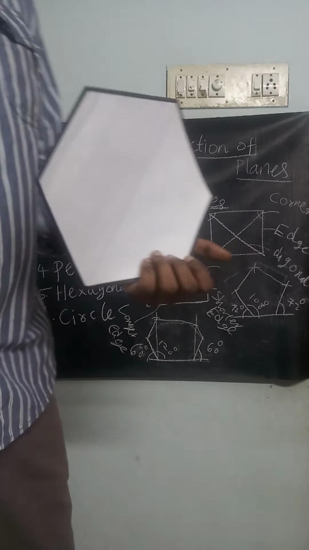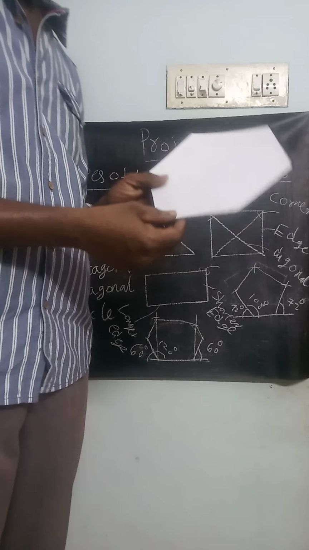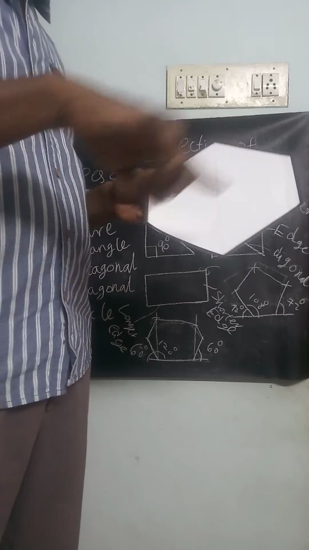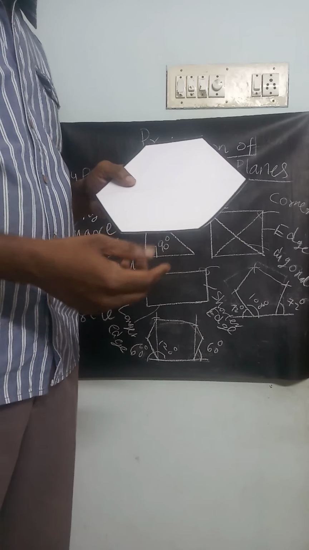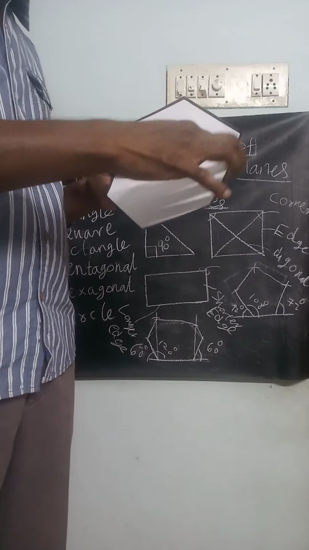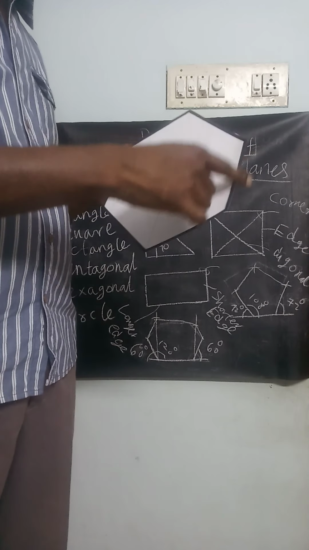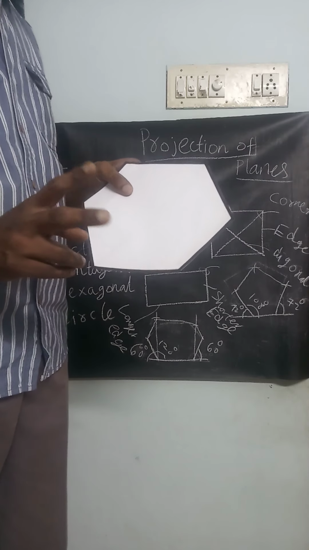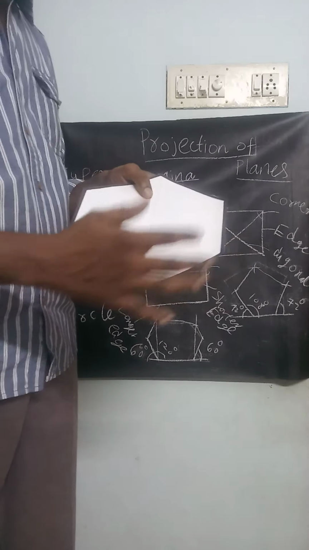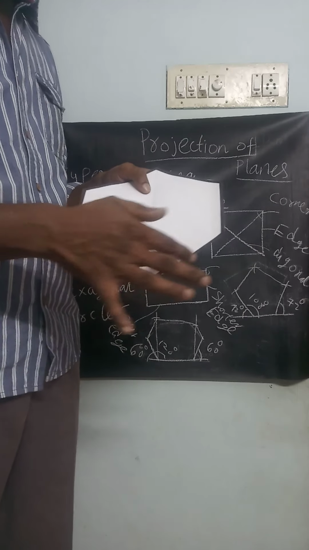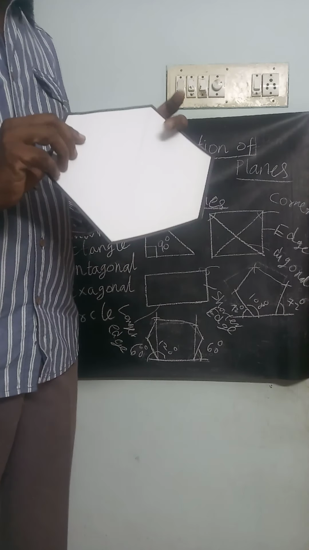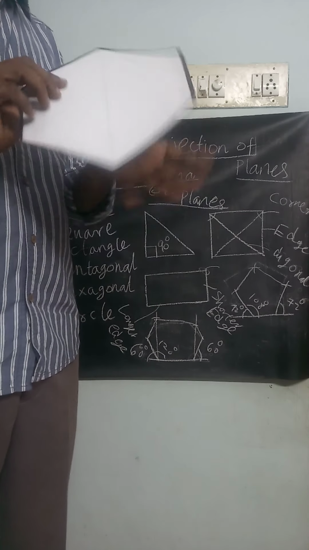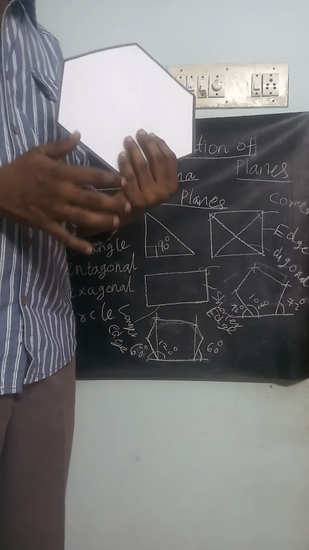Okay, right. And next your hexagonal shape. This is your hexagonal shape. It has 6 sides. You take this. This is your edge. This is your one side. This is the edge. This is the corner. For example, given a problem, there are 2 lateral edges. So the corner rests in HP. This is a corner. You know that, just keep it in your mind. This is your edge. These are the 2 lateral edges. For example, this is a corner. This one is a corner. Okay.